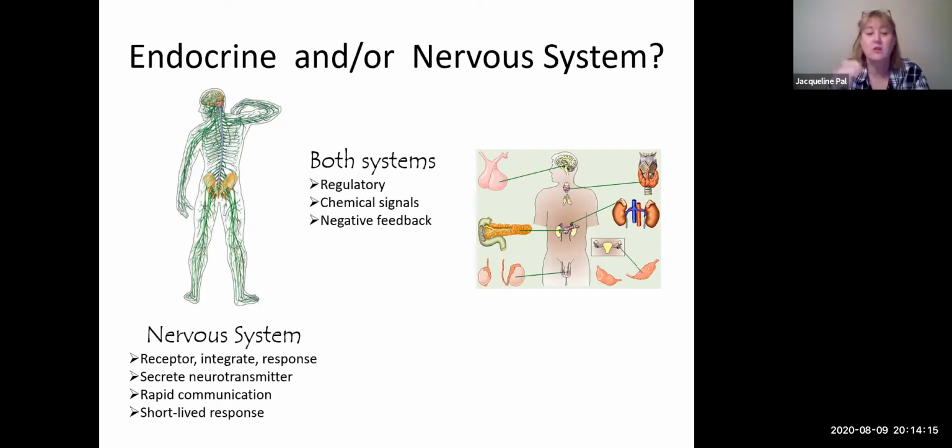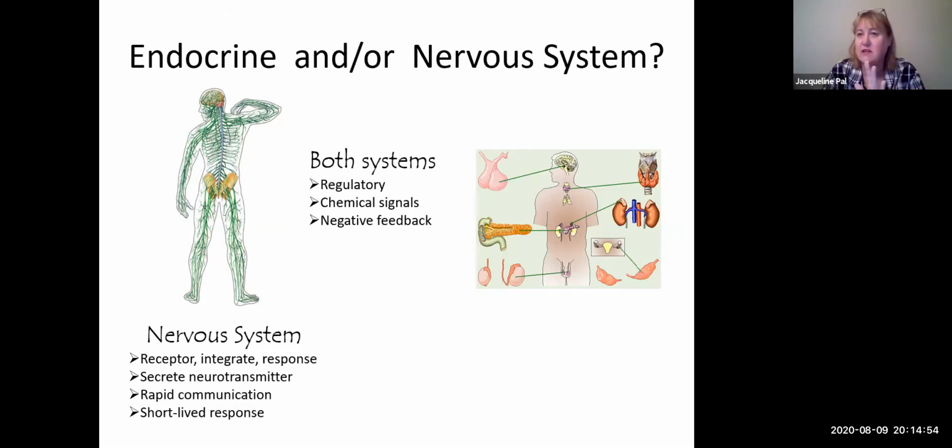In the nervous system, you learned that there was a sensory receptor, and from there we had afferent information that went to the central nervous system where it was all integrated, and then we had some type of response that came out and was carried out by the effectors. And the way messages were transferred were through chemicals known as neurotransmitters across synapses. And this was a very quick, rapid communication and very quick passing of information all the way from the receptor to the response. But the responses were very short-lived. We are talking seconds at most.